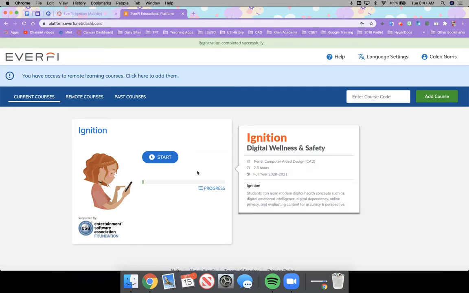All right. So if I kind of hover over, it tells me a little bit about it. It says that it's going to take 2.5 hours. It never really takes that long. And this is a way to help you learn modern digital health concepts such as digital emotional intelligence, digital dependency, online privacy, and evaluating content for accuracy and perspective. So when I click start,